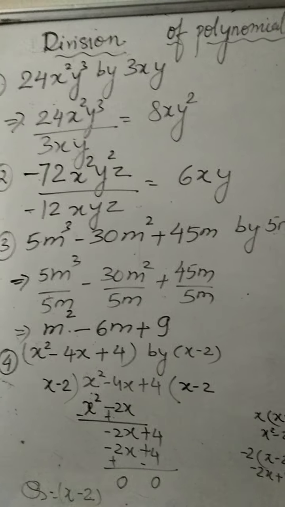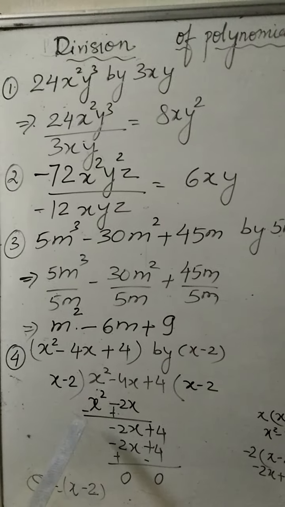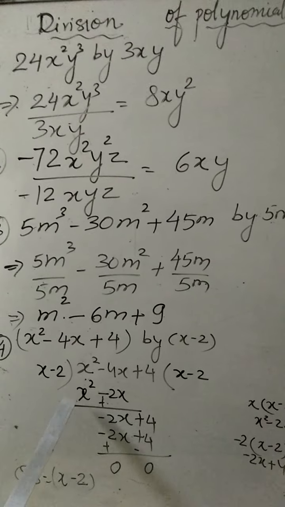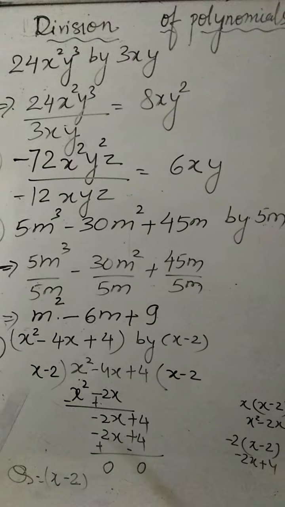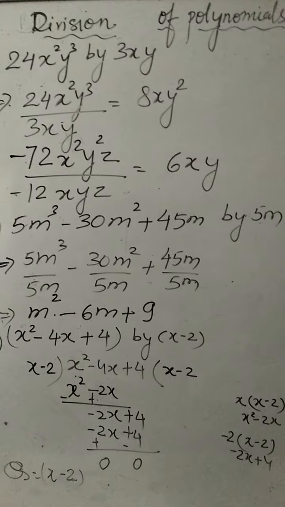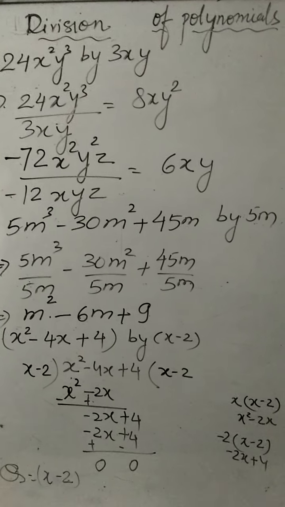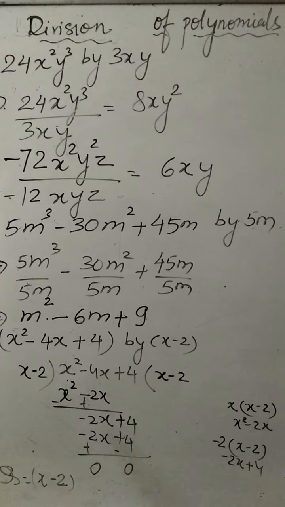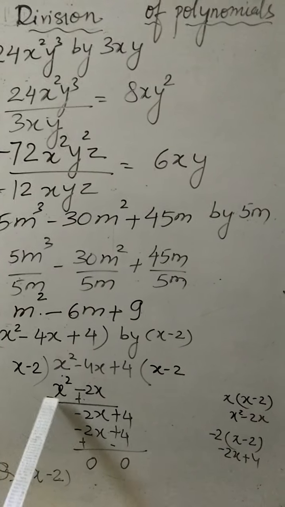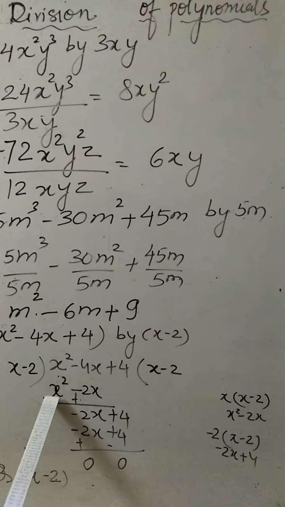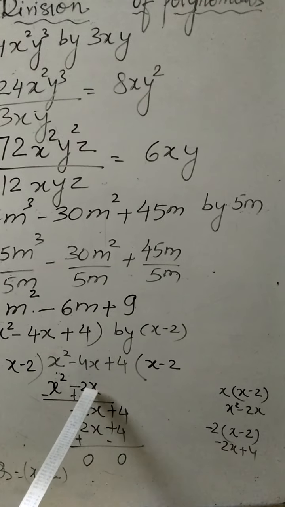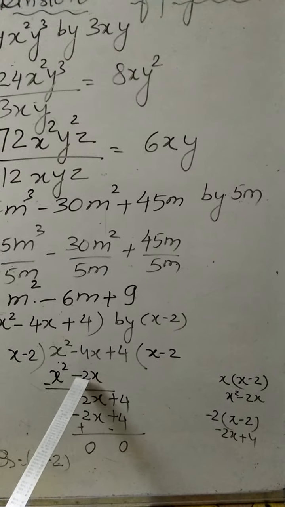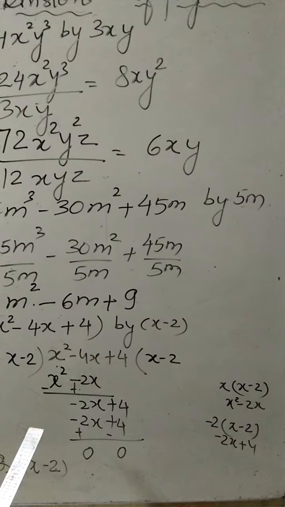Now whenever you are carrying out division, then you have to change the sign. We used to put a negative sign here, no? So for the polynomials also you have to put a negative sign, or whichever sign is there, the sign will get reversed, because we are putting one minus sign here. So earlier here was a positive sign. Now because we are dividing, we have to put a minus sign here. So here x square will take a negative sign now, and minus 2x, earlier 2x was carrying a minus sign, but now due to the division process, the minus sign will convert into a plus sign.